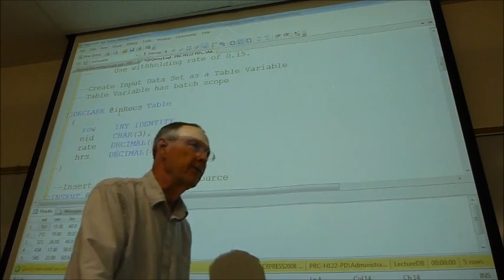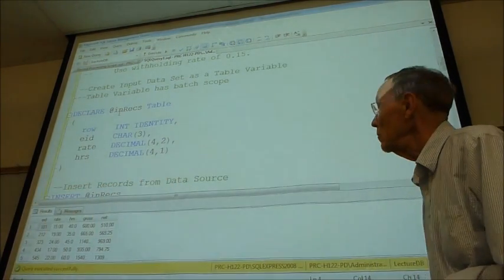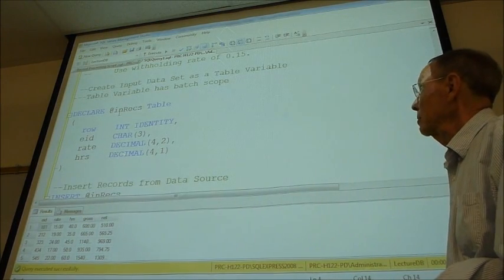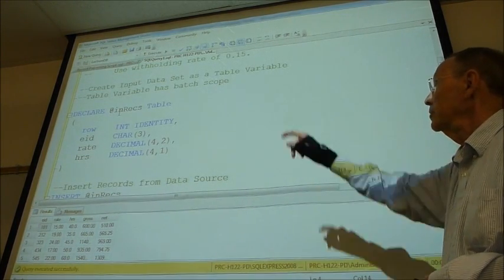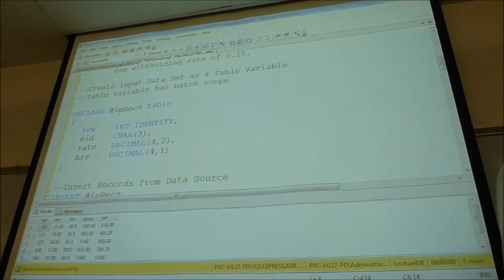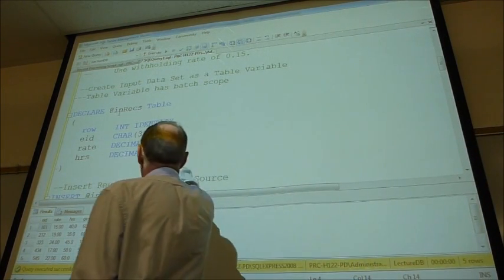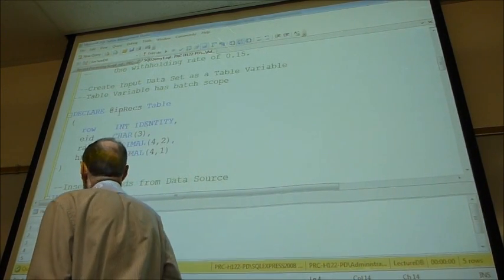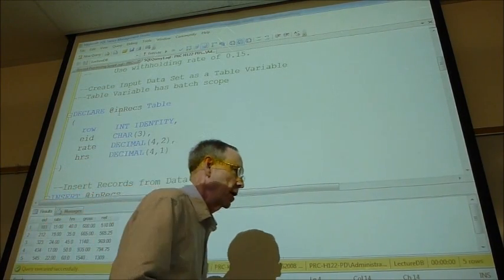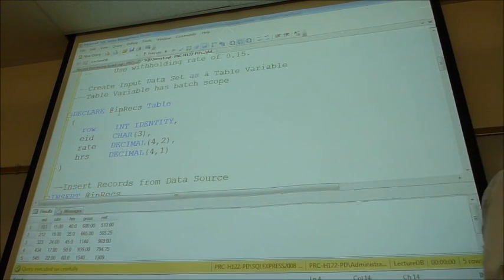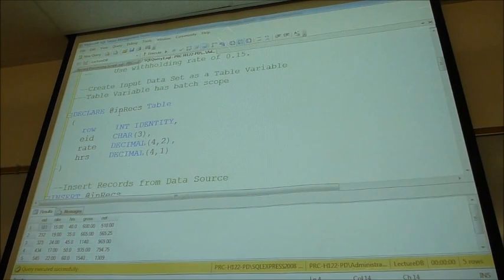This is a derived table, and you'll note it's a table variable. So I'm going to do a declare, with the at sign there, and a table after that. What I do when I have tables that I need to enumerate on, usually what you need to do is enumerate on the input. So what I'll do